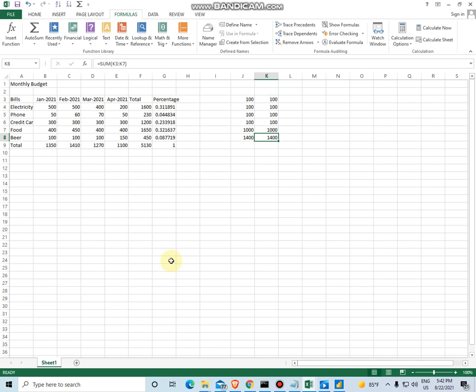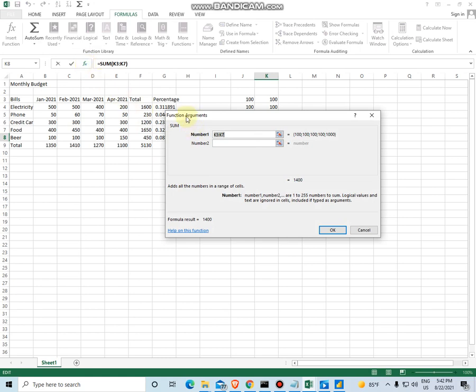The next thing we will talk about is the function argument window. You can find this window if you go to this little FX button and click that button. It opens the function argument window, and you are looking here at the arguments of the sum function.